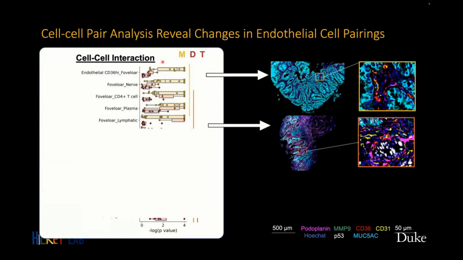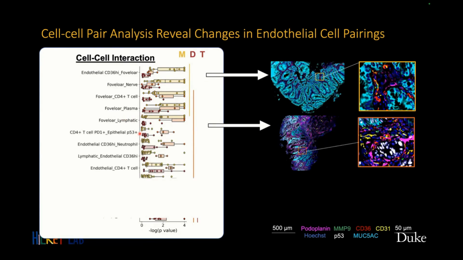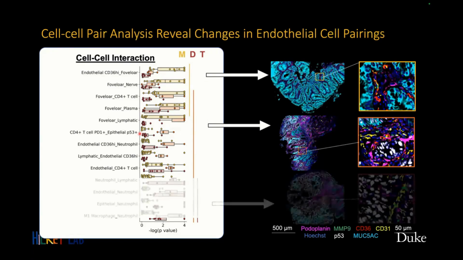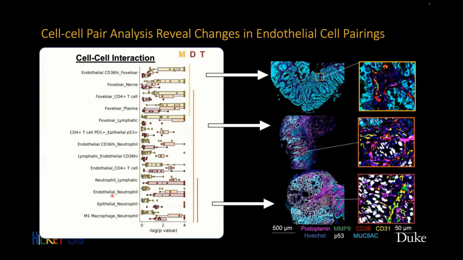We can then do that to understand what's changing in metaplasia and what is also changing within dysplasia, and we can start to see how we might observe things like foveolar cells starting to interact with other cell types like plasma cells or lymphatics more in dysplasia, and continue to see these different trends, including an enrichment for neutrophils interacting with different cell types within the tumor samples. And if we synthesize the different trends here and look at what's enriched in tumor versus other samples,